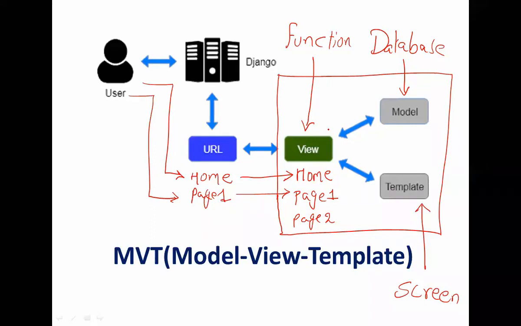So now when we get started with application design using Django, the first thing I need to do is understand how to design a view, how to design a URL, how to design a template, how to design a model. The sequence that I'm going to follow is we'll first design a simple view and create a URL for that so that you understand how to reach a view. Then in the next step, we'll create a template and see how to get that template from the view. And then in the last step, we will see how to design a model, get the data from the model into the template and then display it using some URL. So this is going to be the flow of the application that we will be designing.